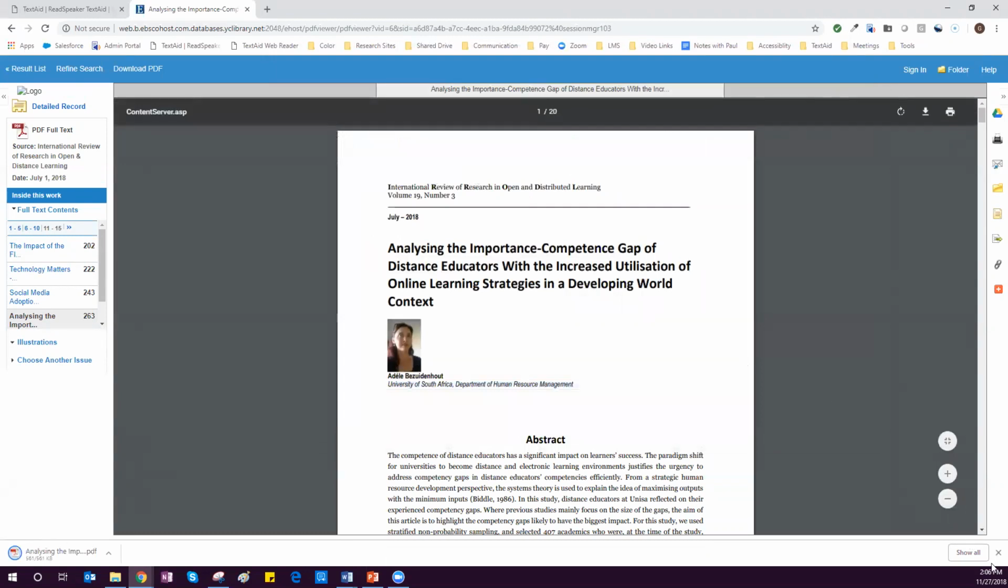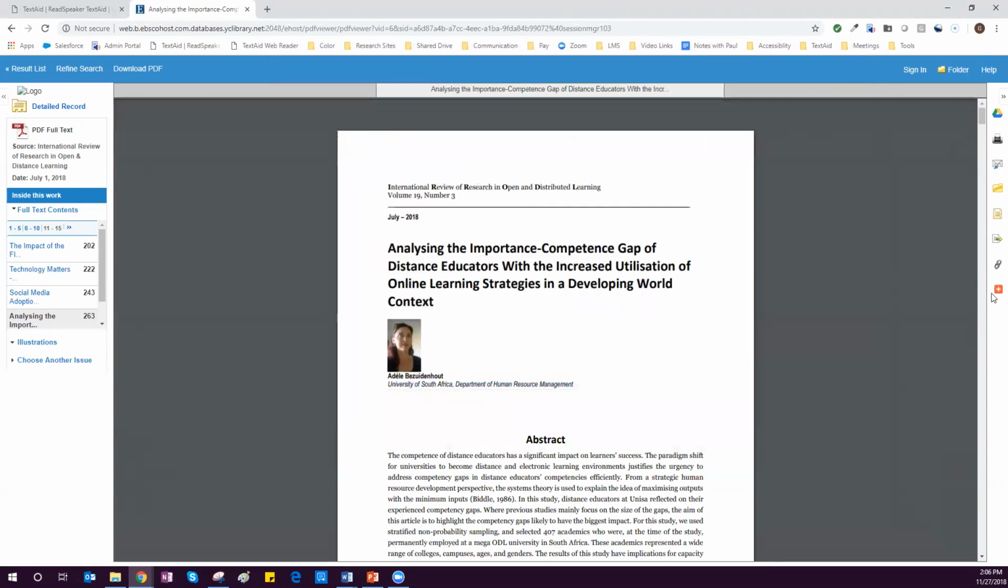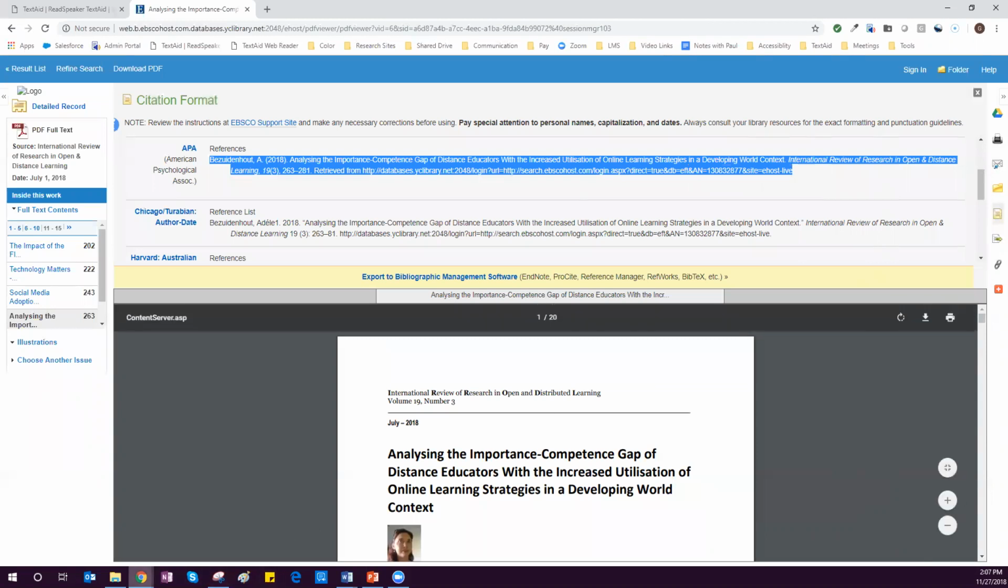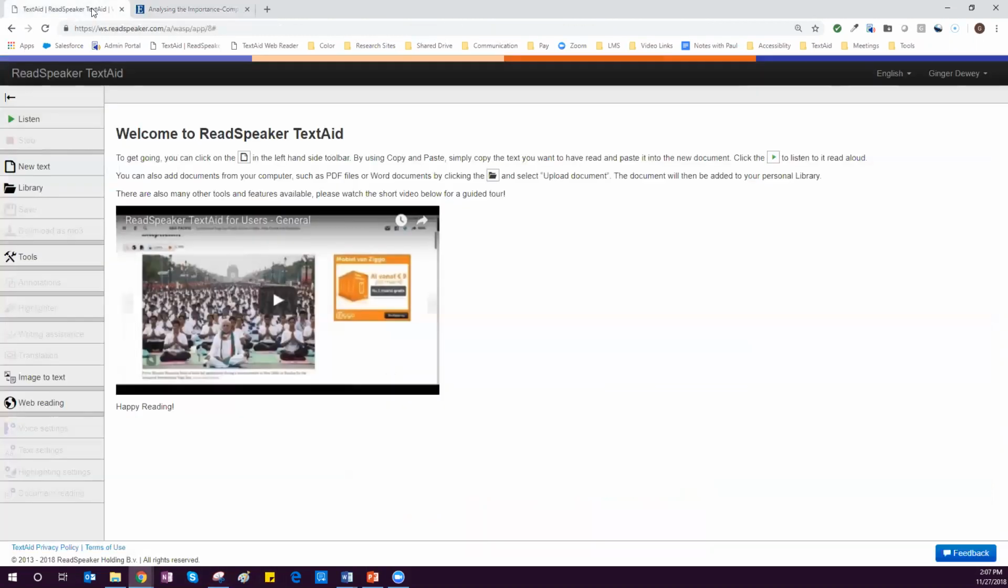And it's now downloaded. And the other thing I'm going to do while I'm here is click on this little piece of paper on the side, which is citation. And I'm going to choose my citation, and I'm going to choose APA. And I am copying that citation. Now what I'll do is go into TextAid, and I will go to the library,